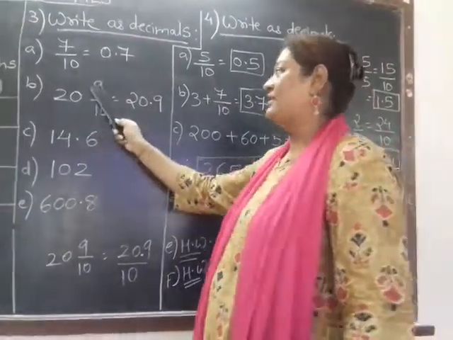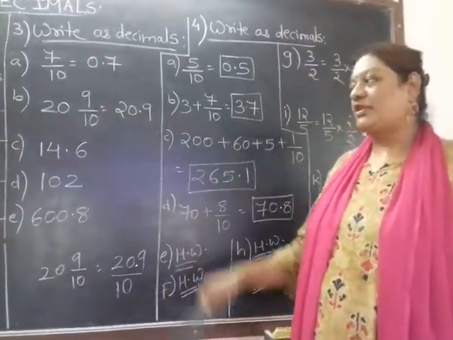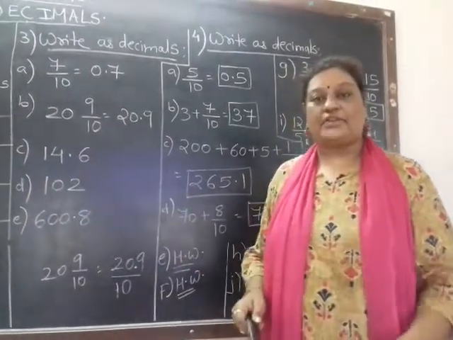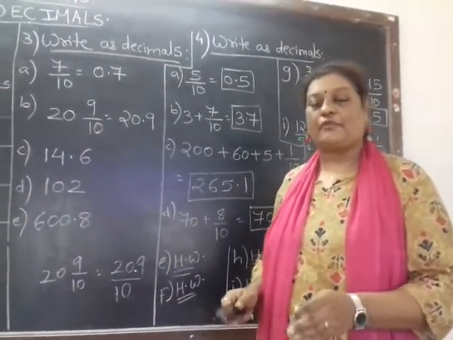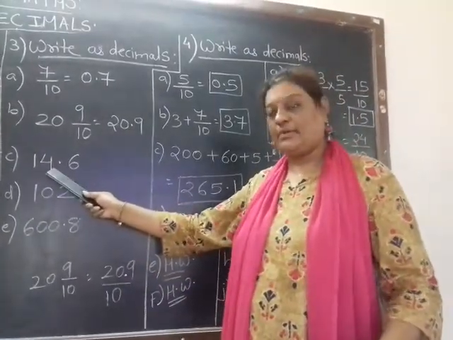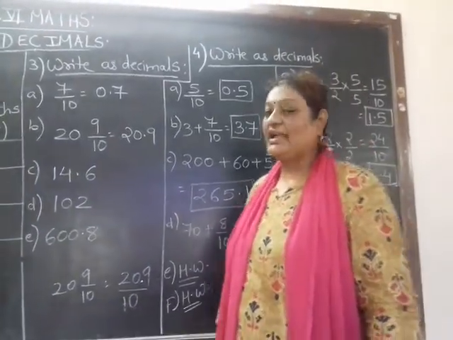I am already having the numbers more than the denominators, so I do not have to add a 0. 14.6, they had clearly written that 14 in words, fourteen, 0.6. So 14 is a whole number, then point is a decimal point, and then after that 6. Then they had written